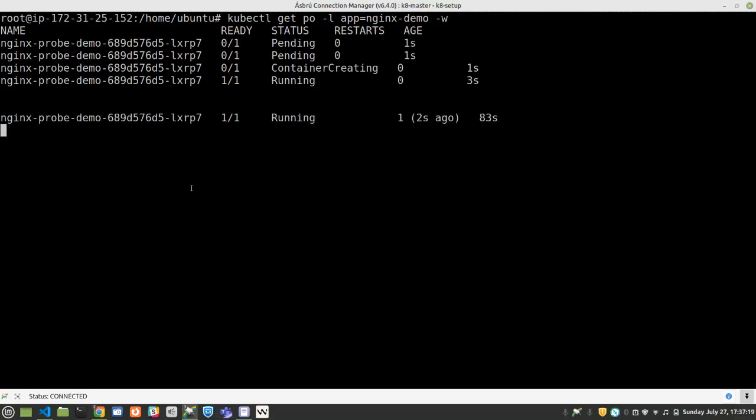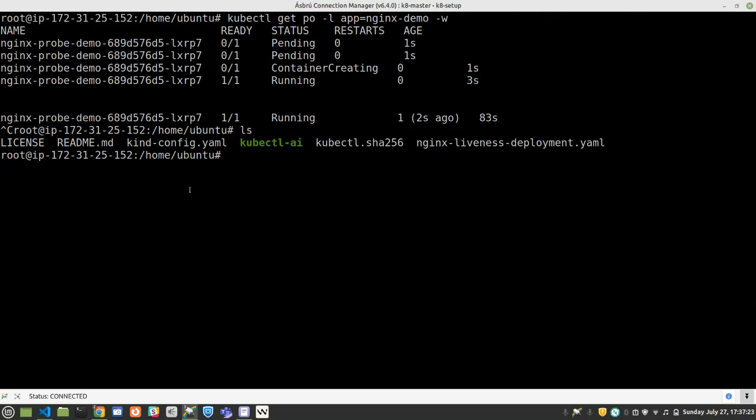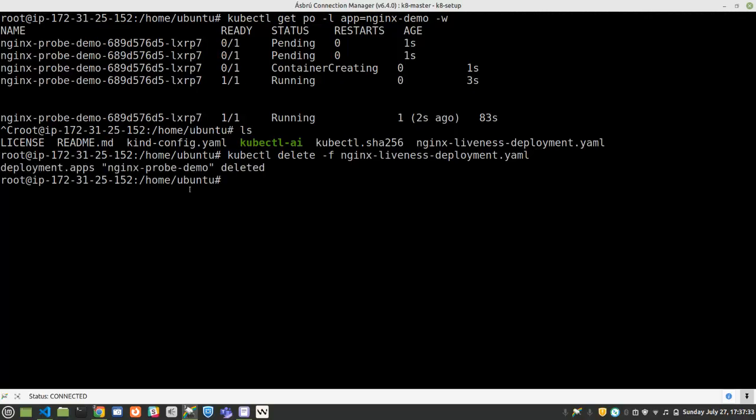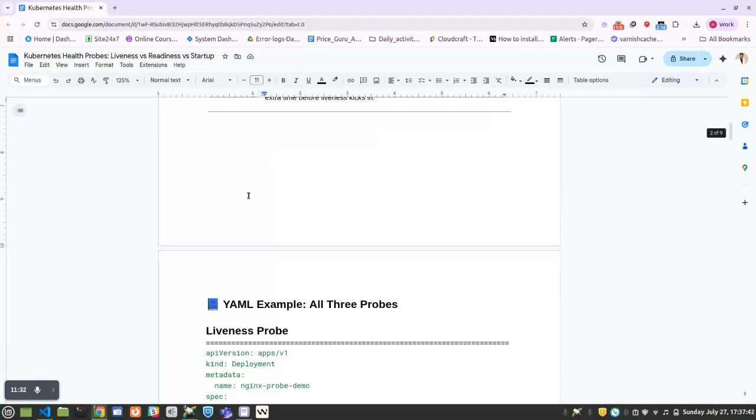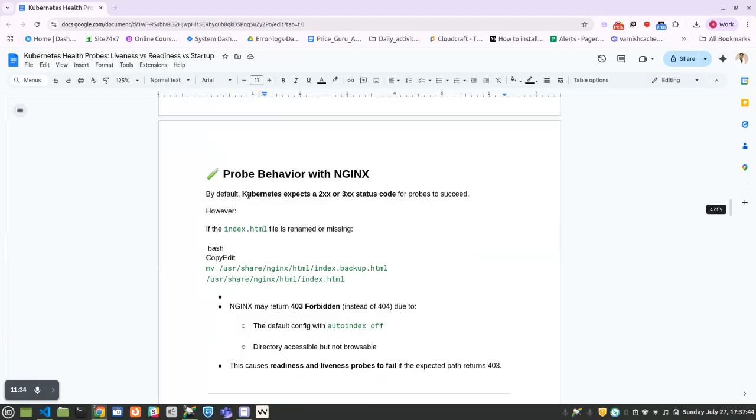Now let me press Control C, and I am just removing it with kubectl delete -f nginx liveness probe. So there is no such pod with nginx demo. Okay, now the next segment is